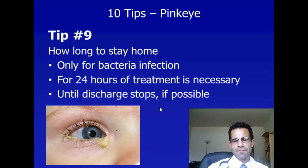Tip number 9, if you are being treated for a bacterial conjunctivitis or pink eye caused by bacteria, then many schools will not let your children back in school until they've been treated for 24 hours. It's important for anybody being treated for bacterial conjunctivitis or pink eye caused by bacteria not to go back to work or to school for the first 24